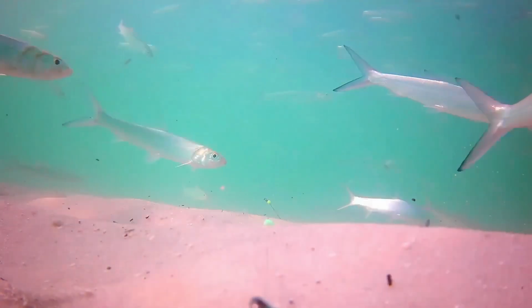Surprised that we're not catching that ladyfish. They will eat the shrimp. And we've got a big school of ladyfish. Again, this is about 75 yards out beyond the first sandbar. And I would expect that a schooling ladyfish population are about to go insane when at least one fish decides